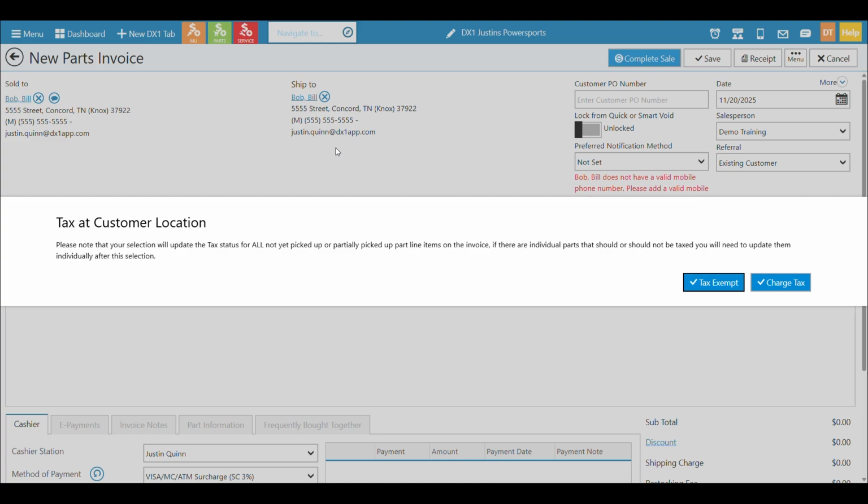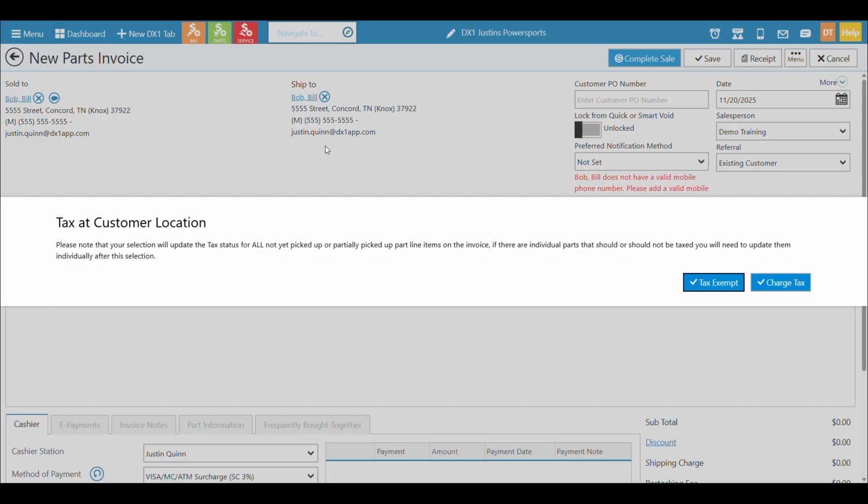But let's just say, as a general principle, in most cases, when people come in and buy parts at your parts counter, if you do charge tax, it's going to be taxed at the rate of the dealership zip code tax. But for many laws, when we ship something to somebody, if the tax rate's different, that's the tax rate they should be paying for sales tax. We've all bought stuff on Amazon, it's no different.